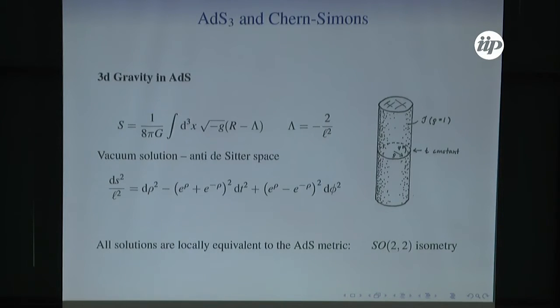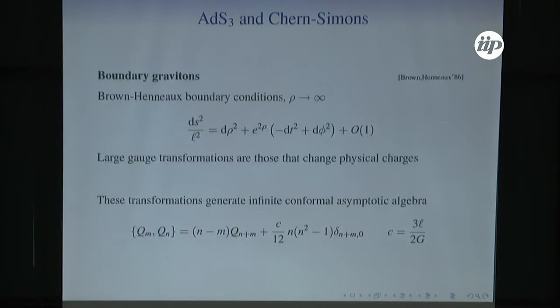So in this case, the isometry group of anti-de Sitter space is SO(2,2), but as we know, if we want to compare this to a 2-dimensional conformal theory, the conformal group is infinite. So where does this come from? Well, here it is. In '86, Brown and Henneaux discovered that